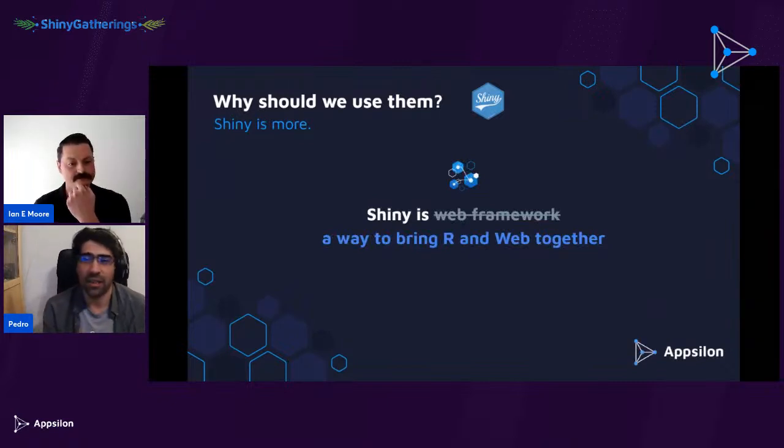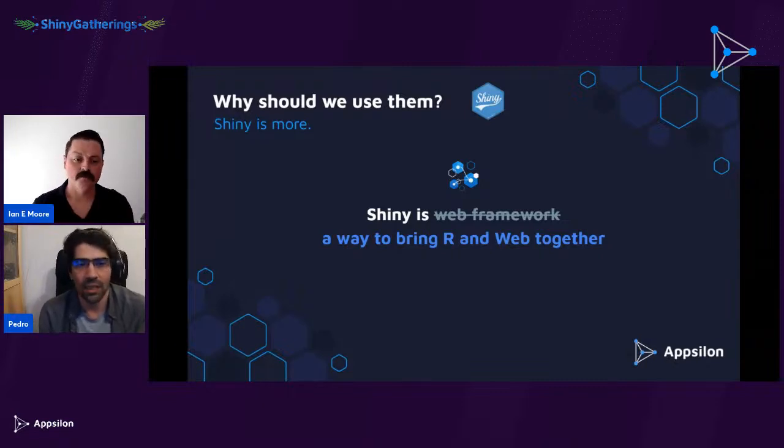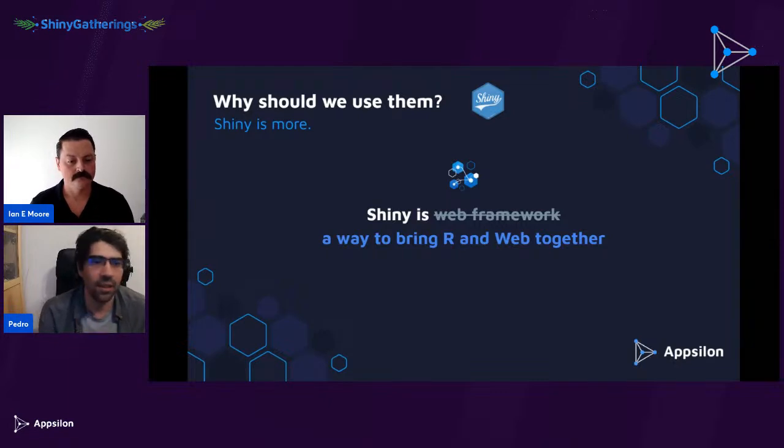It is a web framework, and I do find it's a very flexible web framework. The fact that we managed to talk today about all of these things, about how low level you can go inside of a Shiny application, does mean that it's extremely flexible. Nothing is stopping you from taking any JavaScript framework that you like, slapping it inside of a Shiny application, and building a lot of your UI using that.